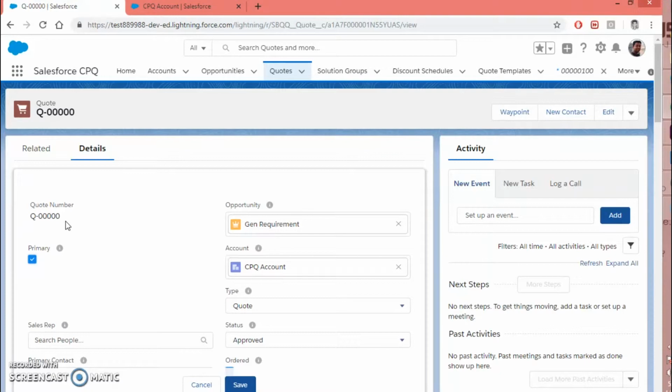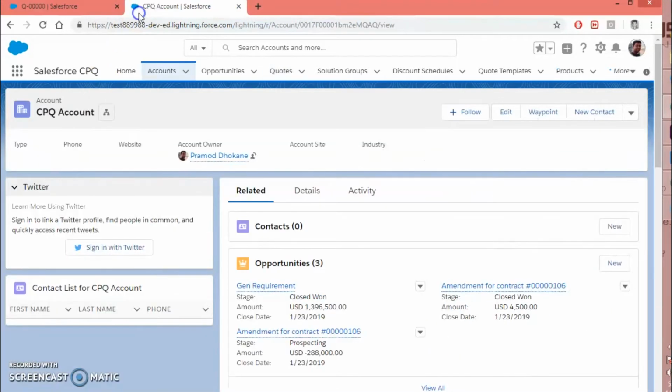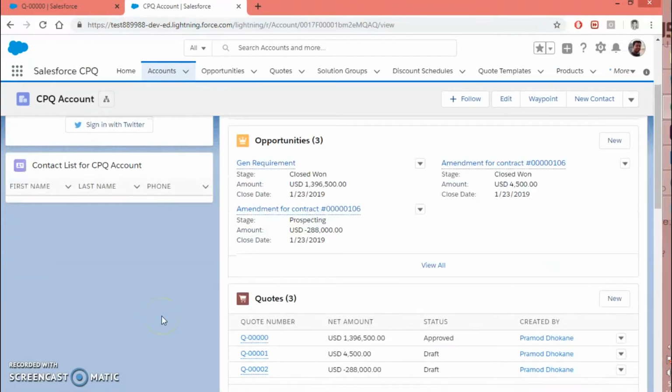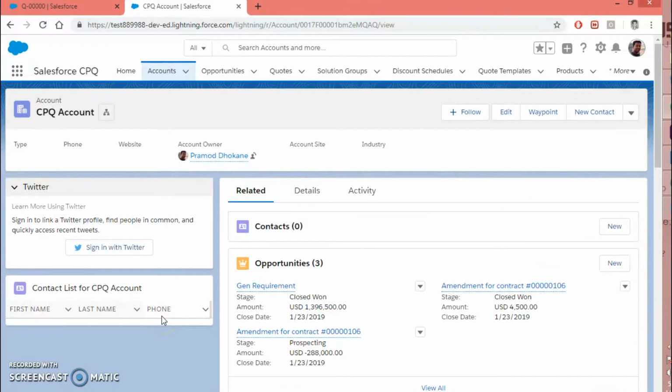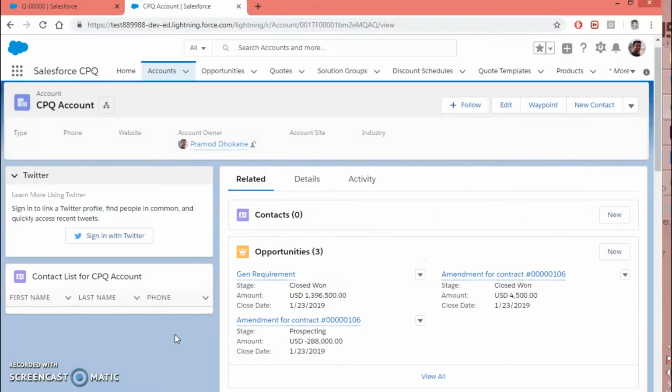Another thing to consider here is that since all the contracted prices are related to the account, there might be a chance that on the parent account the pricing could be different, and on the child account the pricing could be different. In the default scenario, CPQ will inherit the price from the parent account if they are different.